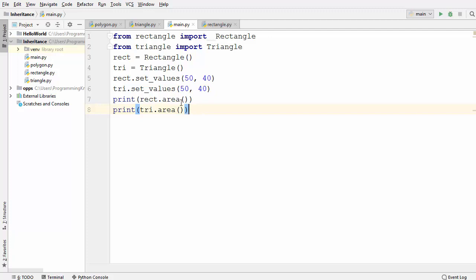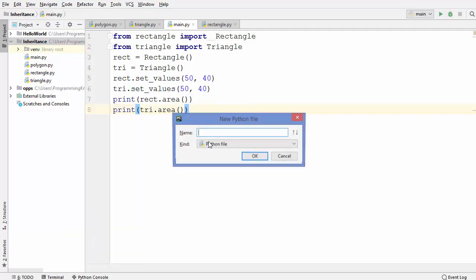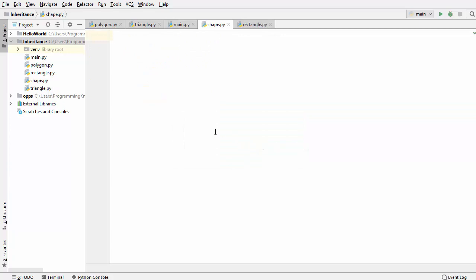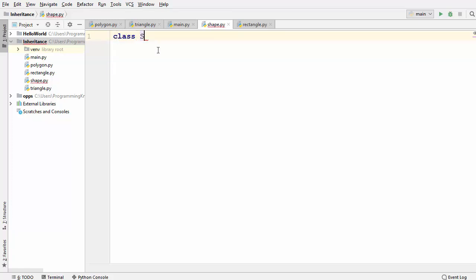So let's get started. I'm going to create a new Python file here, name it shape, and use this shape.py to create a class called shape. So let me create a class quickly, and I'm going to name it shape.